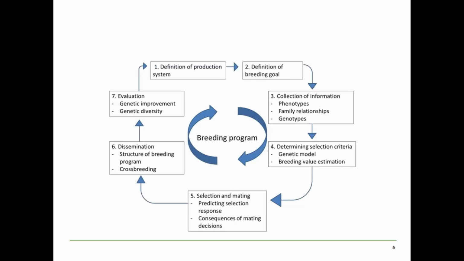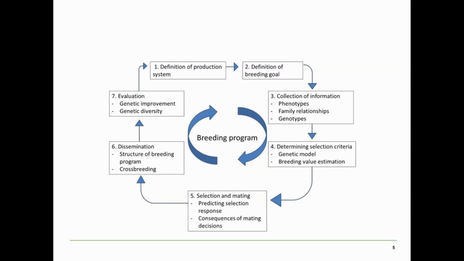The first one is the definition of the production system, which was not mentioned before, because not all breeding programs, measurements and phenotypes are suitable for all production systems. Based on this, we can define the breeding goal,